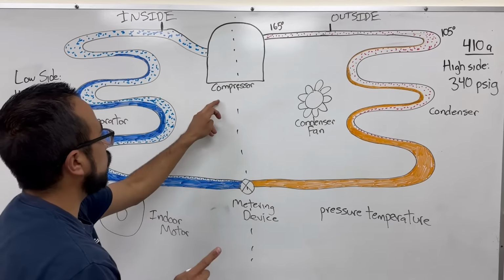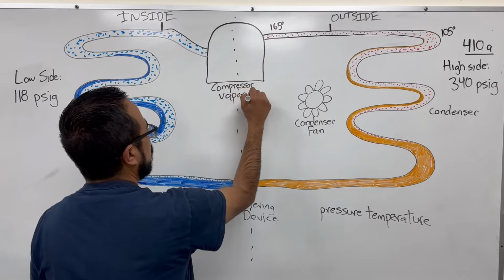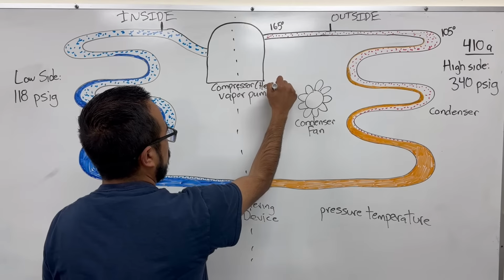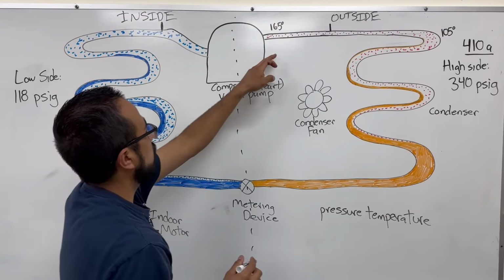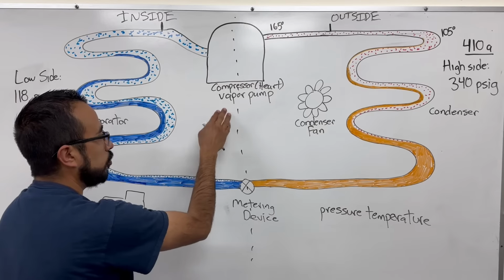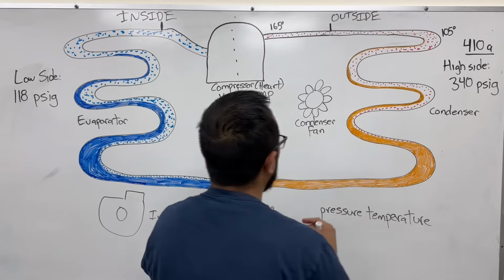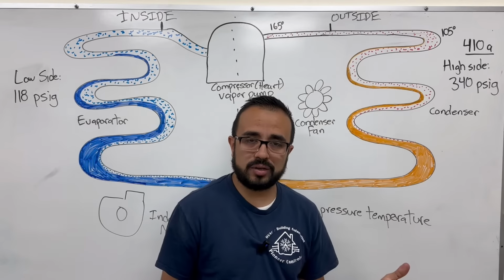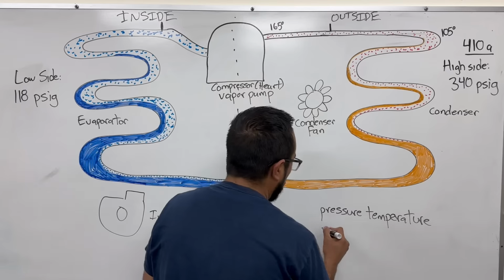So let's start off with the compressor. The compressor is a vapor pump. It is the heart of the system, of the refrigeration cycle, but it's a vapor pump. It can only take vapor in, vapor out. That's all we're doing here. There's going to be a couple more details we'll be describing here in a bit, but there's something called the gas laws, and if you were to ask me, I won't be able to recite them out of memory. But there's just one that's very important. It's called